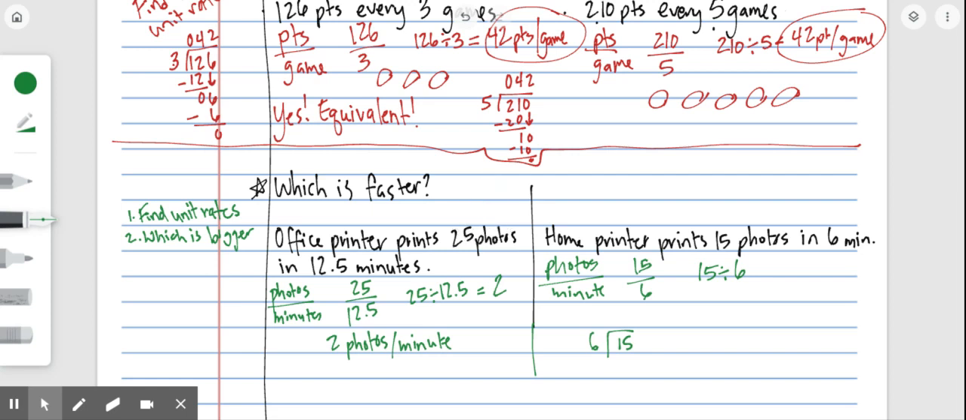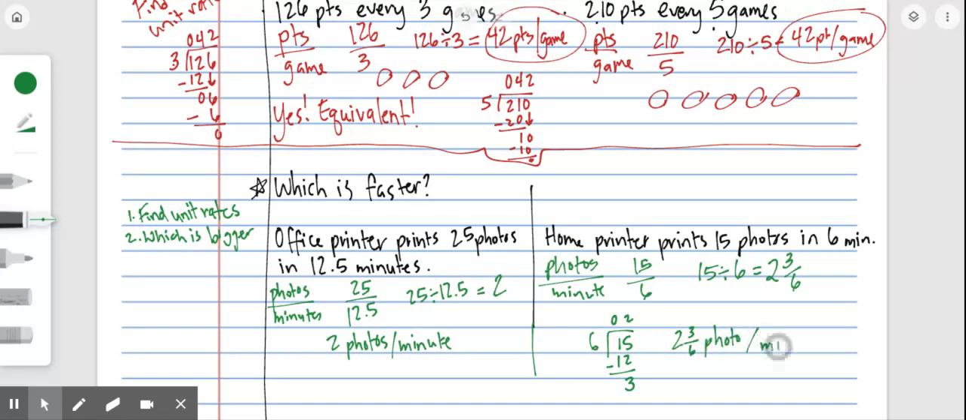All right, I'm finishing up my division on the right-hand side. So 6 goes into 1 0 times. 6 goes into 15 2 times, and that's 12. And then I have 3 left over. Yeah, okay, so this is 2 and 3/6. Okay, so this one says I print 2 and 3/6 of a photo